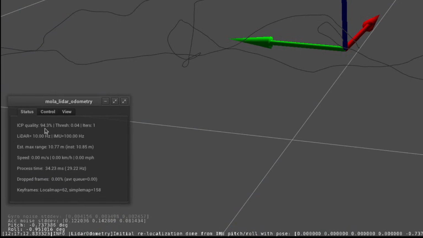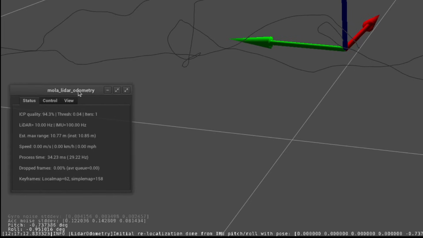Some important parameters to watch are the ICP quality, which should normally be 80 to 90% minimum. This threshold is a dynamic threshold for the matching between the incoming scans and the map. It is dynamic, which means that when the ICP is having a harder time to match, it goes up. When everything looks perfect, it goes down. You have a minimum and a maximum for that threshold.